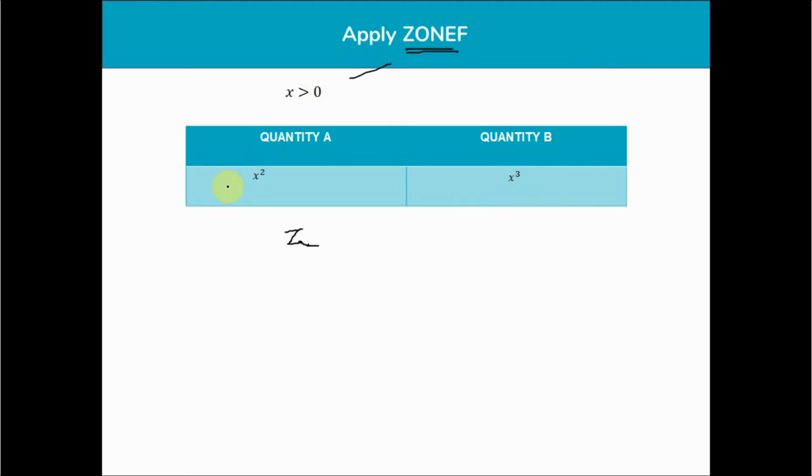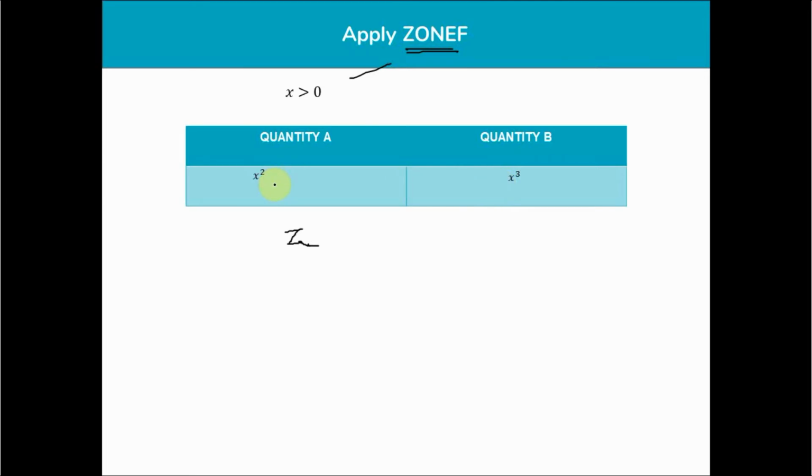That's very, very normal. Even after practicing so many tests, even after attempting so many mock tests on a platform, students still are not able to internalize this concept of ZONEF. This is a very, very, very important concept. You have to learn to internalize this and apply it wherever possible, mostly in QC questions where there is no information about the variable that's given. So x square and x cube. The immediate instinct, as I told you, is to write x cube is greater than x square.